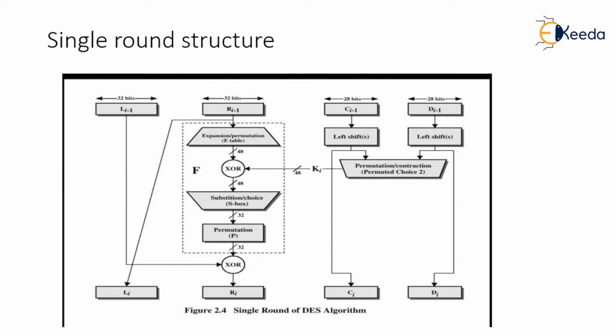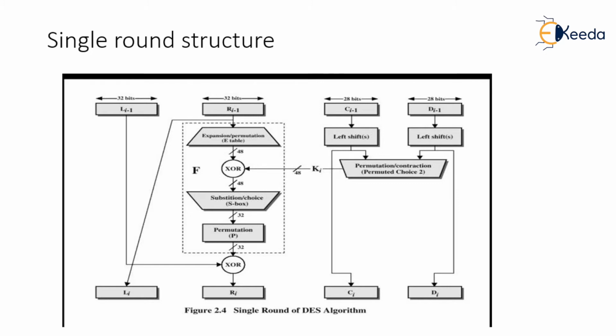Here you can see the 56 bits are partitioned into 28 bits, and then the 56-bit key is converted into 48 bits, and these 48 bits of the key are XORed with the 48 bits of the expanded output. Once the XORing takes place, the XORed output goes to the substitution box, that is the S-box,